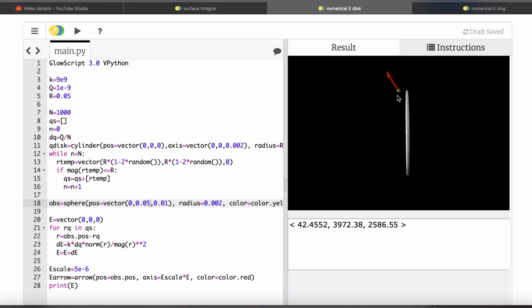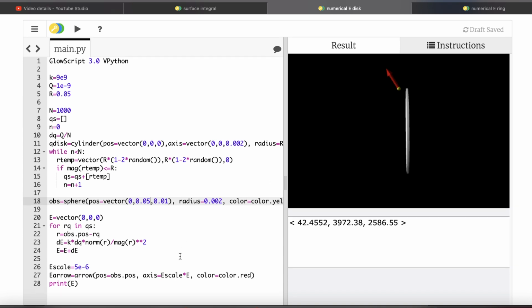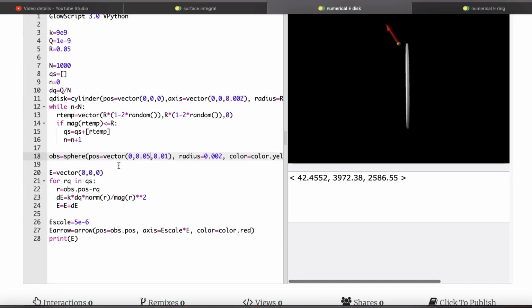I'm going to make a plot of the electric field. I'm going to make multiple points, and I'm going to move these points down, and make an electric field at different locations along this axis so we can see what the electric field looks like. So let's do that. Let's say over here, dr equals vector 0,